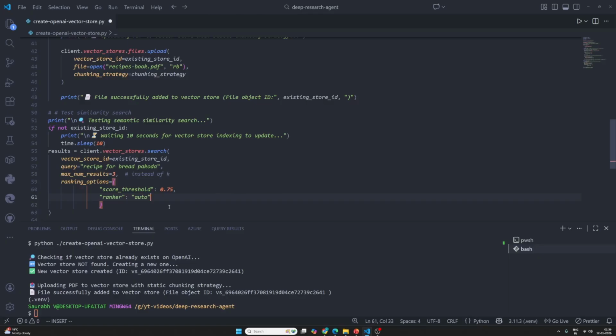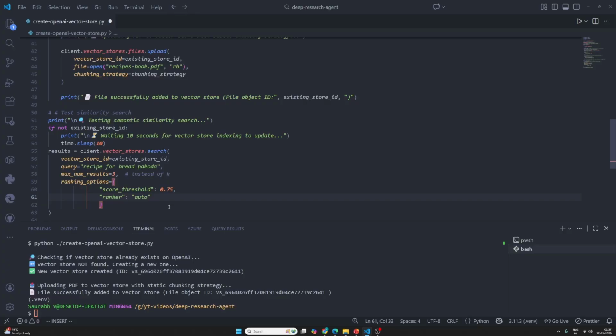So what a re-ranker generally does is, when you first fire a query, it's going to use something like cosine similarity to find the most relevant chunks. So let's say it found 50 relevant chunks. What a re-ranker does after that is it again compares the meaning of the user query and tries to re-rank those top 50 results, which are based on similarity score,